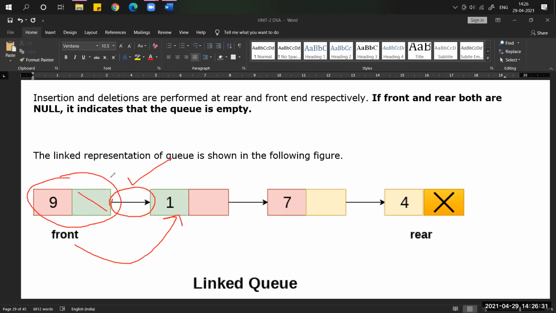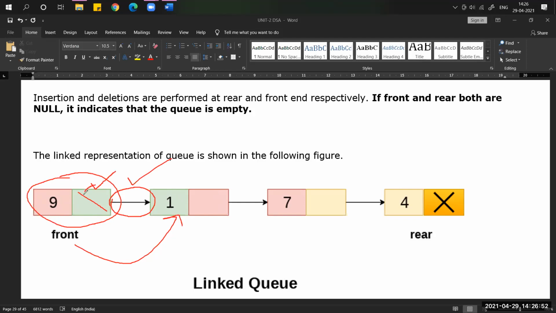Okay, so before deleting this node, front should go to the next node. Front has to move from the first node to the second node. How is it going to the next node? With the help of this node address, where the second node address should be present at this location.